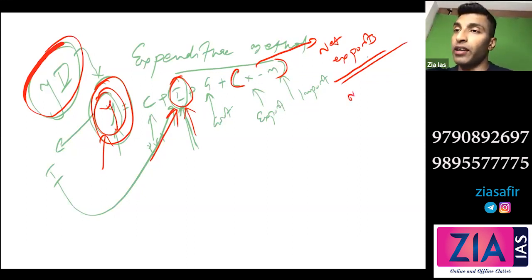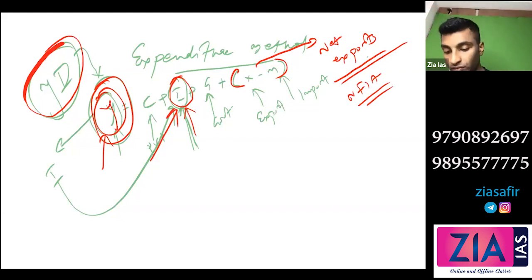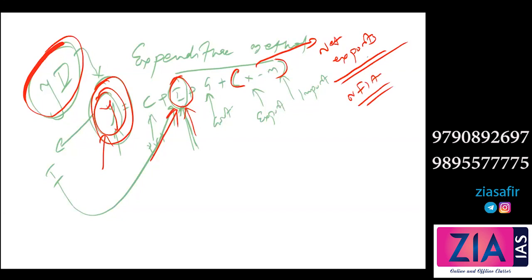This is not NFIA. NFIA is a different concept. So I hope you don't have any confusion with respect to this. Here we are talking about export and import. NFIA means whatever Indians earn from abroad and whatever foreigners earn from India, that difference. That is NFIA, net factor income from abroad. This is net exports.